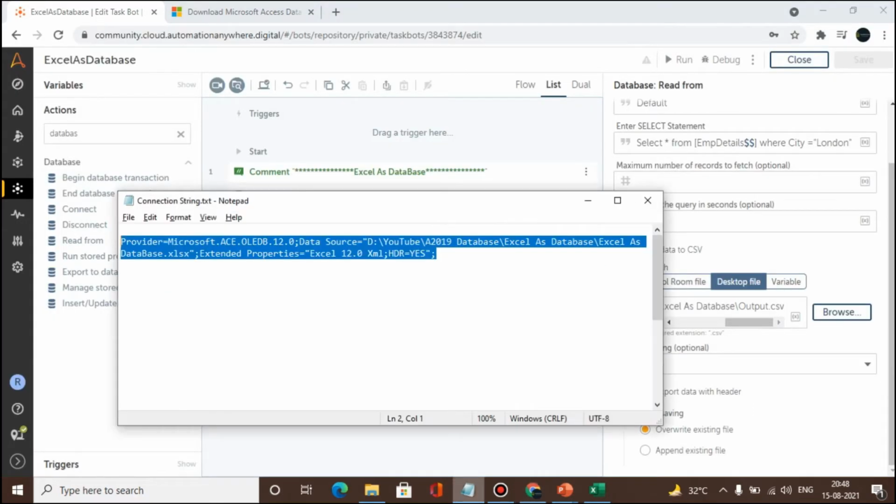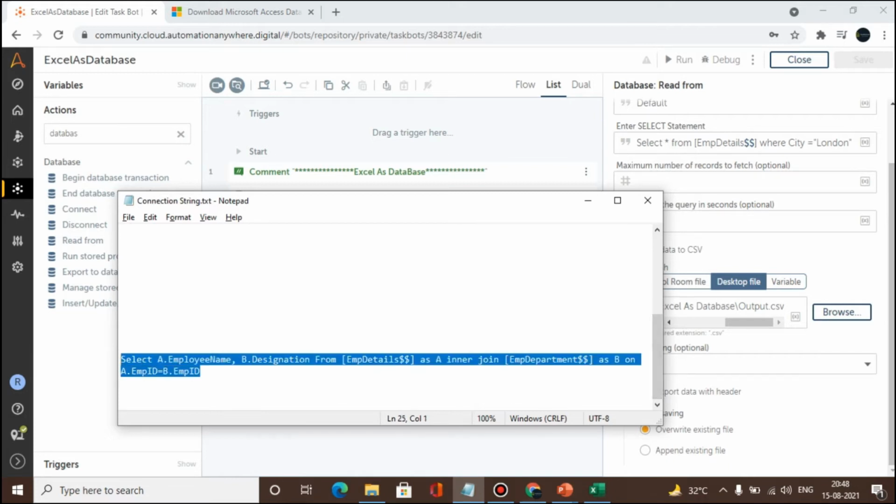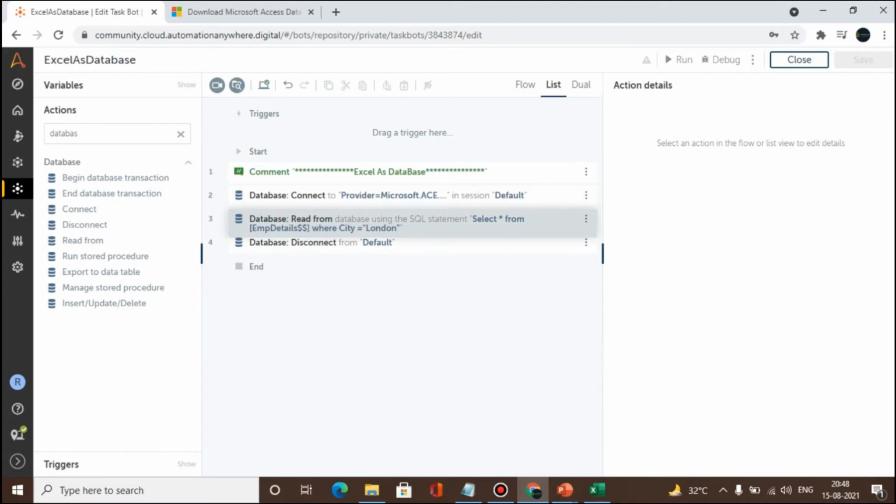I have a join query which I have created here, so I'm going to use that. Basically I'm using an inner join, so it will find the designation from the other sheet based on the employee ID which is present in both sheets. I'm just removing this one, or let me disable this.